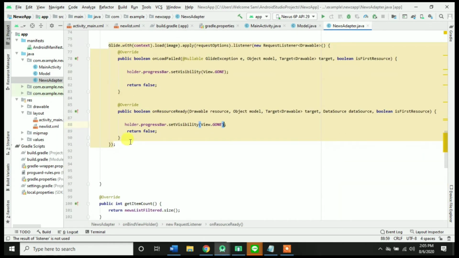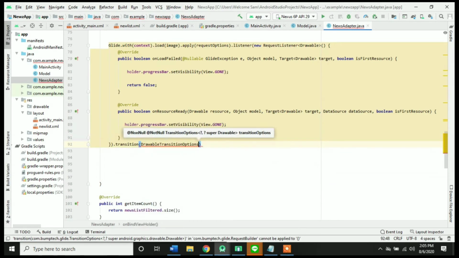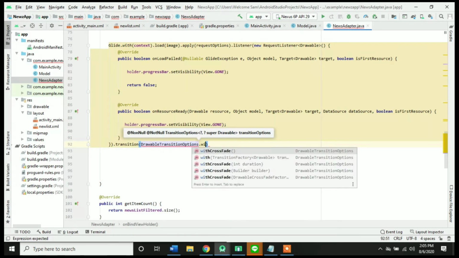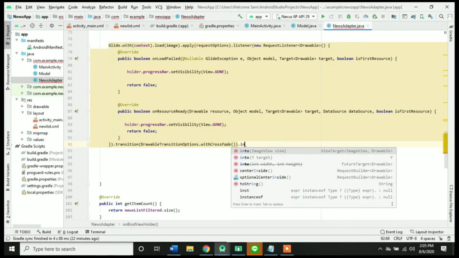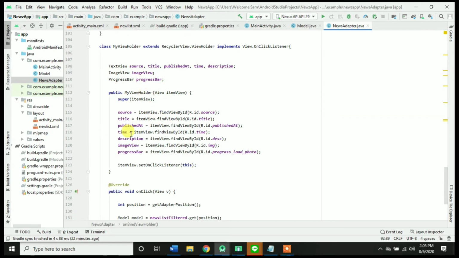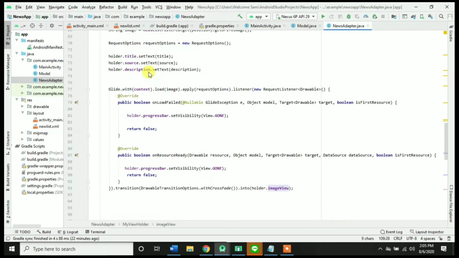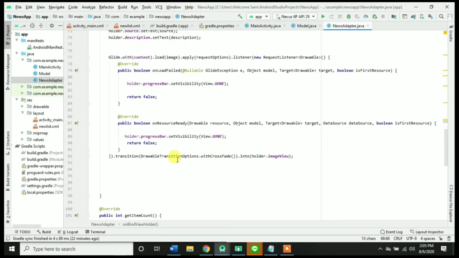So here you would have to modify it a little bit, and transition drawable transitions options with crossfade, it's an effect dot into, and folder image view, because our image view was here, this image view, and the value that we got of image was from here. And yeah, here we are done with our